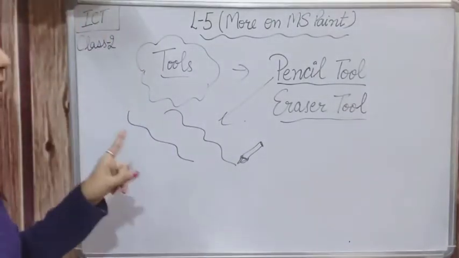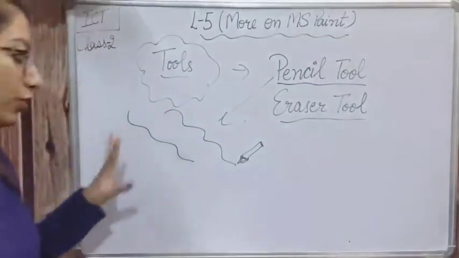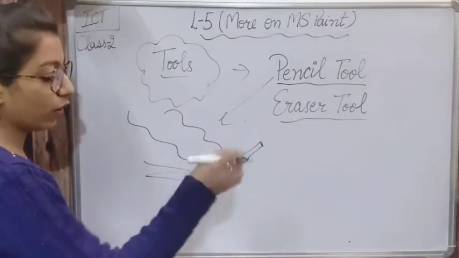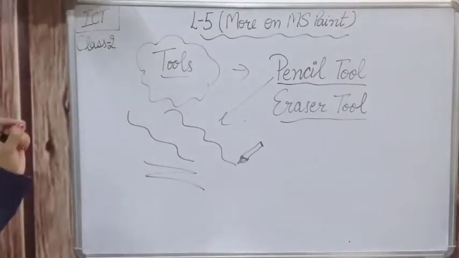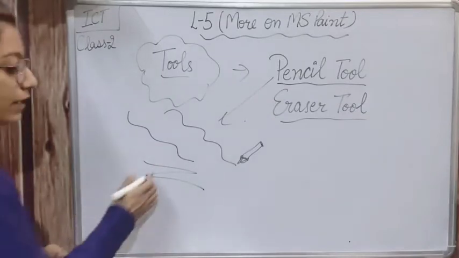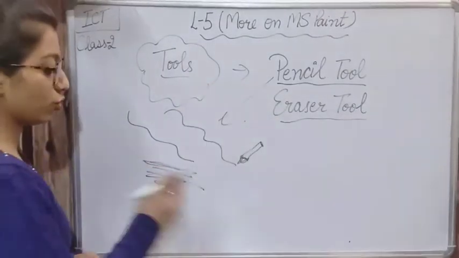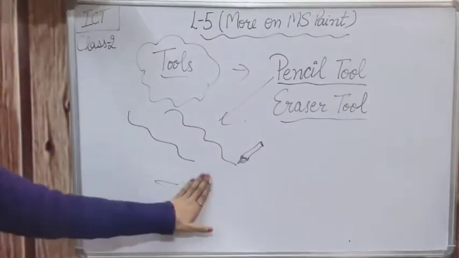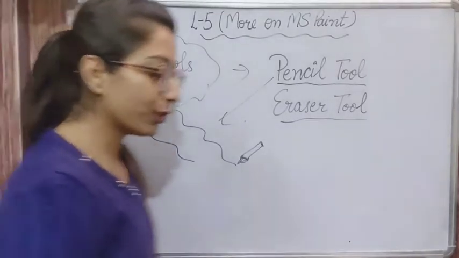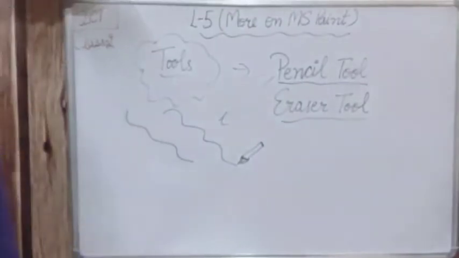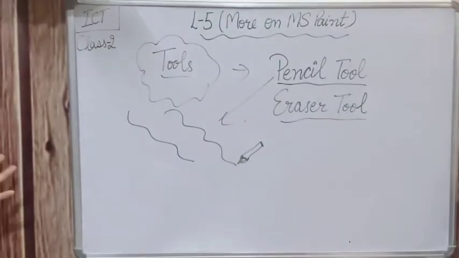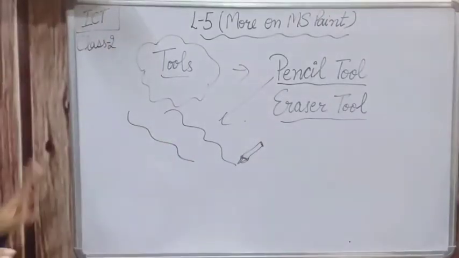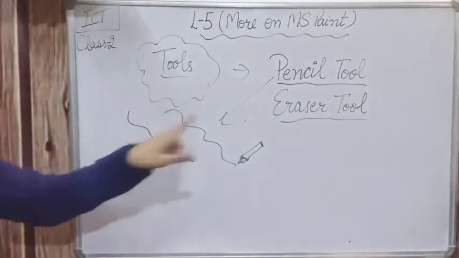And then the second thing I told you about was the eraser tool. If you draw something wrong and you want to erase it, you will hold the right button of the mouse and move on that. Click on the eraser tool and उसके ऊपर hold करके रखो and that will be erased. तो वो वाला जो मटेरियल है जो हमें नहीं चाहिए वो erase हो जाएगा. Eraser tool is used to erase any part of a picture. अगर आपको कोई पिक्चर, कोई लाइन, कोई भी अल्फाबेट आपको इरेज करना है, so we can take help of the eraser tool.